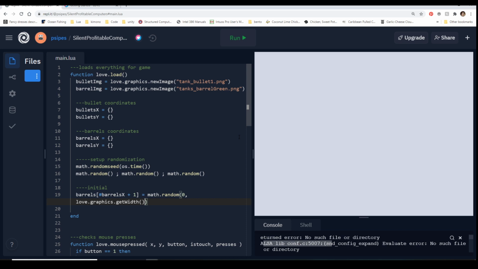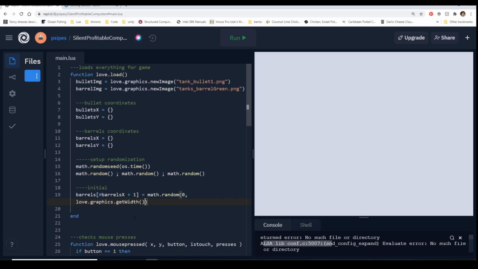So we have to take that into consideration. We have to ask how wide this image is, so that we can subtract it. If it's 20 pixels wide, instead of spawning all the way to 800, we can spawn only to 780 to make sure that the whole image fits on the screen.